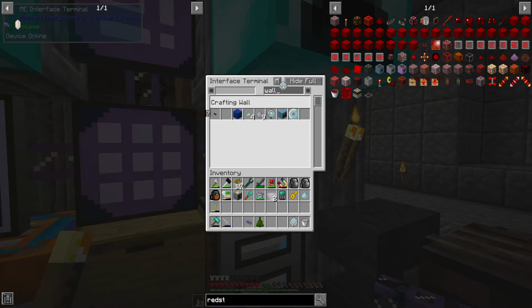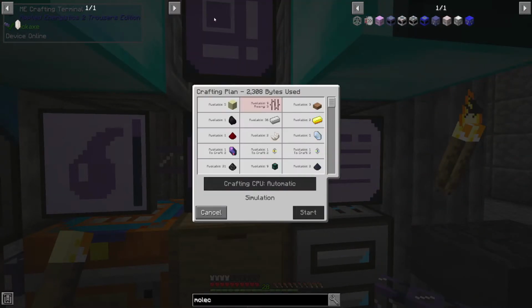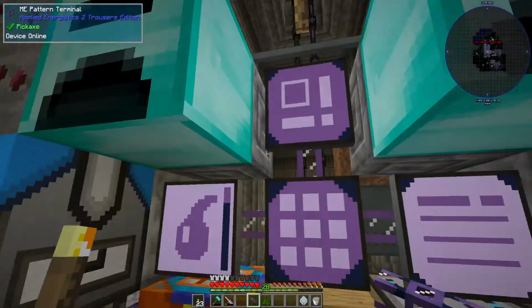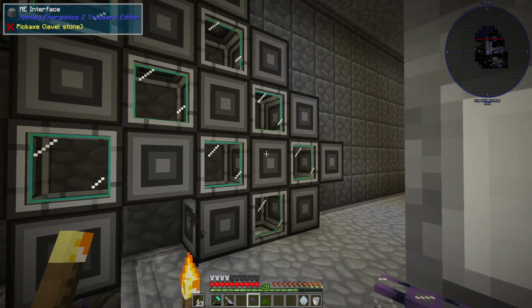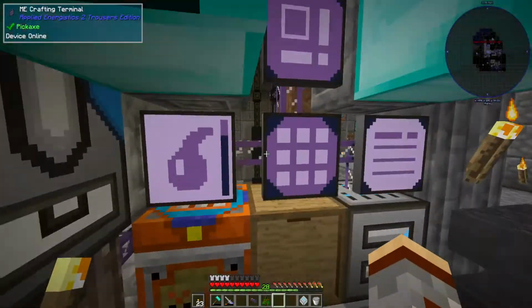Okay, so wall. And I'm going to need another molecular assembler or two. Really? Bars and shards. Okay. I could have sworn I patterned this. Let me see if there's any free... Yeah, I don't have any free slots. I need to make some...